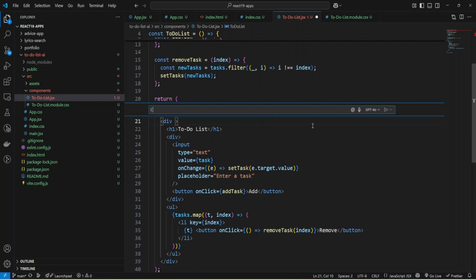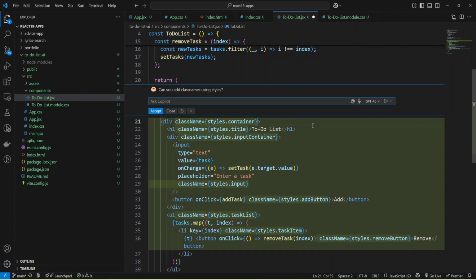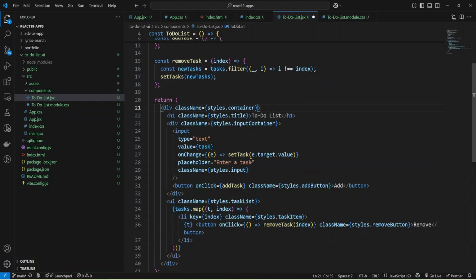Ctrl+I, and can you add class names using styles? Okay, and let's try this way. Okay, and as you can see, it added styles, and I can accept and save.